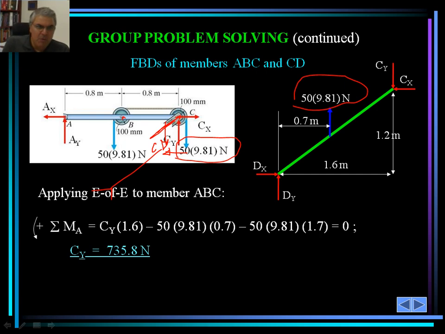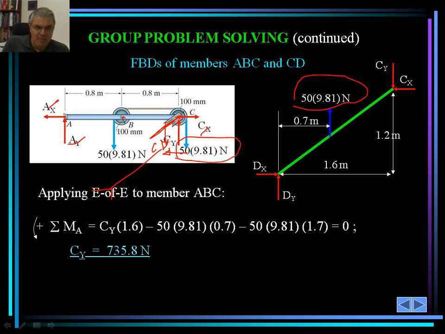But if you take the summation of moments about point A, we are going to eliminate A sub X, we are going to eliminate A sub Y, we're going to eliminate the C sub X. So we're going to only have C sub y as our only unknown,